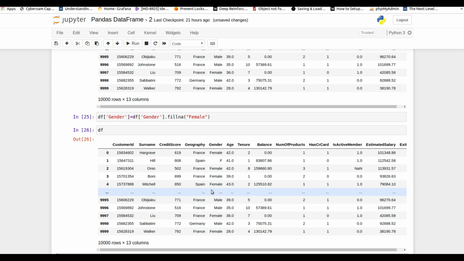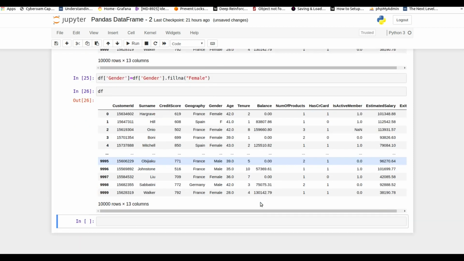Next, I'm going to cover the astype method. What the astype method does is it converts the data type of a column. Suppose we have an integer data type and we need to convert it to float, or we have a float data type and we need to convert it into integer. Suppose I'm taking an example.